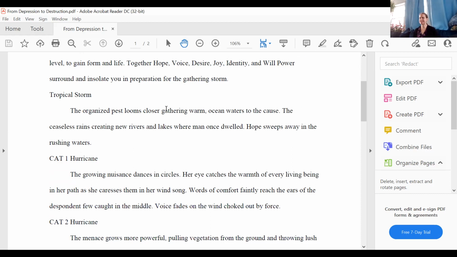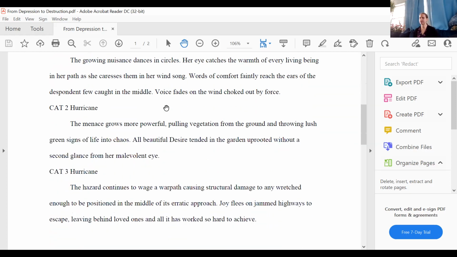The growing nuisance dances in circles. Her eye catches the warmth of every living being in her path as she caresses them in her wind song. Words of comfort faintly reach the ears of the despondent few caught in the middle. Voice fades on the wind, choked out by force.